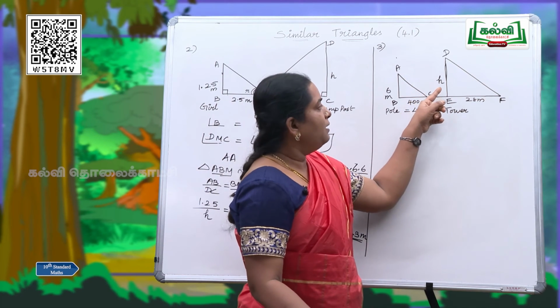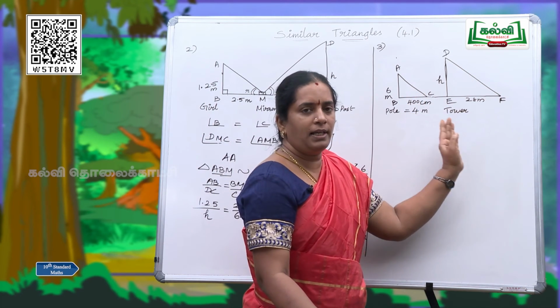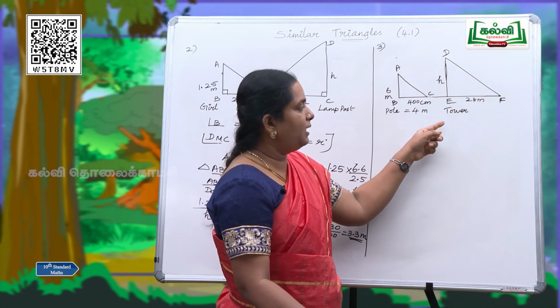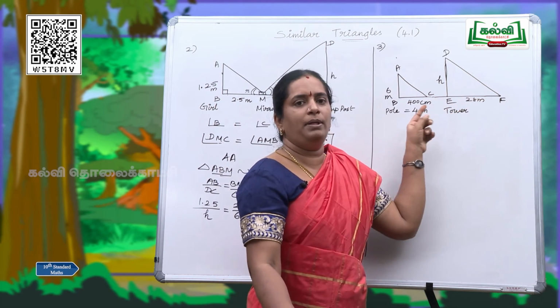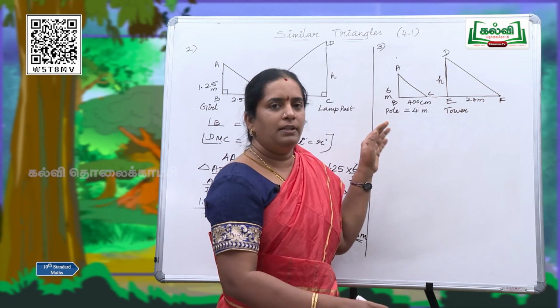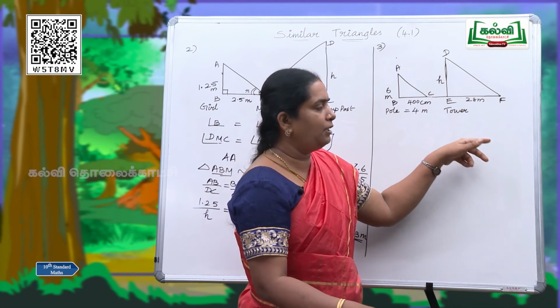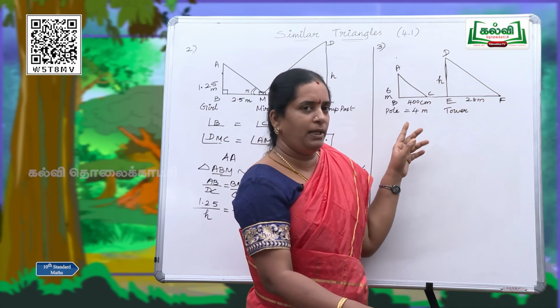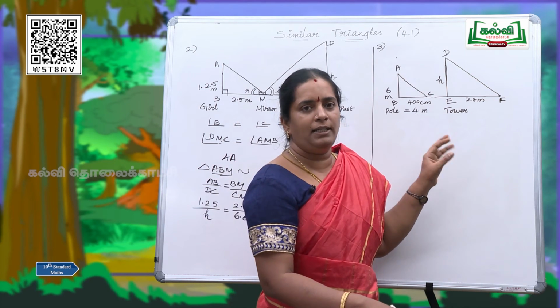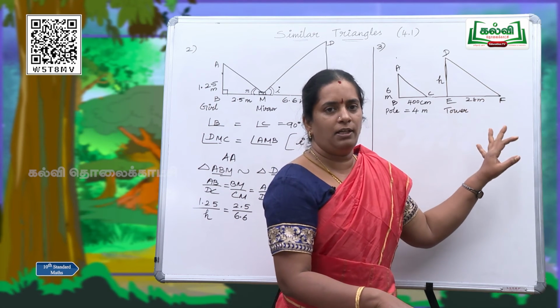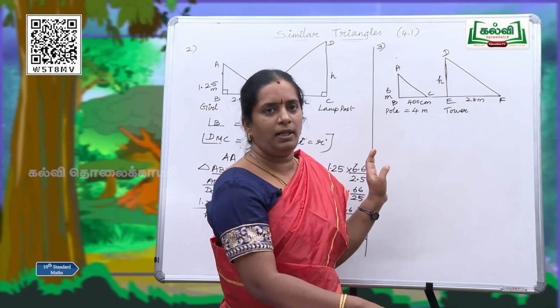Afterwards, see, in the same horizontal line, there happens a tower. So tower is there. So whose shadow can be measured? As we have the shadow on the ground, we can measure the shadow easily. Shadow is measured to be, yes, 28 meter. So you are going to find the height of the tower using the shadow. So we are going to compare these two triangles.